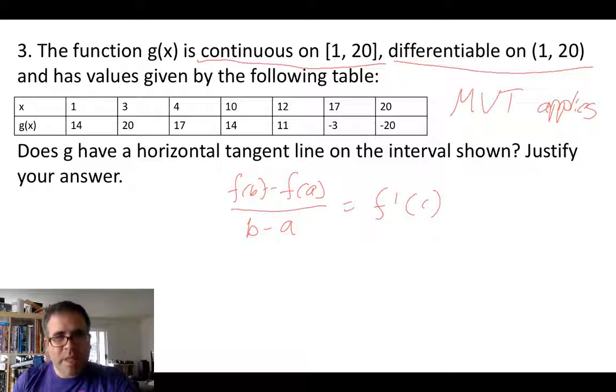So if we're looking for a horizontal tangent line, I shouldn't have used f, I should use g. If it has a horizontal tangent line, that means g prime is equal to 0, right? So we just need to find an a and a b in the x's so that g(b) - g(a) is equal to 0. We look up here and we see, oh, when x is 1, g is 14. When x is 10, g is also 14. So if b is 10 and a is 1, there must be